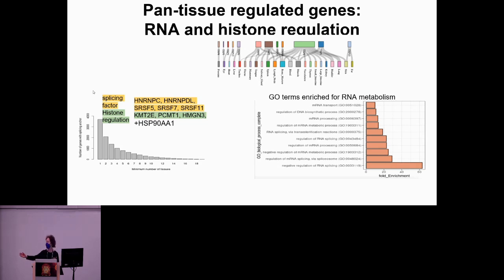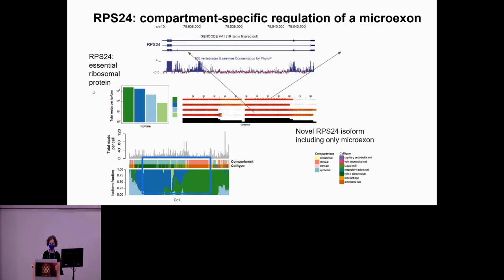If we relax that, and we don't require as many tissues to be called in the gene list, then we look at the GO terms. All of the GO terms are involved in RNA processing. Again, none of these background GO terms that I've been accustomed to. For time reasons, I'm going to skip, except to say that SPLASH can also find new splicing in very well-studied genes, including microexons, in this case, a microexon in a ribosomal protein gene.